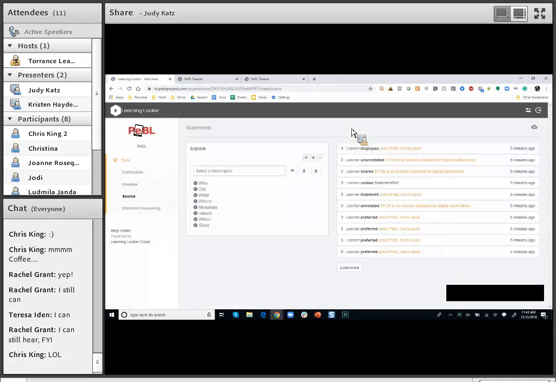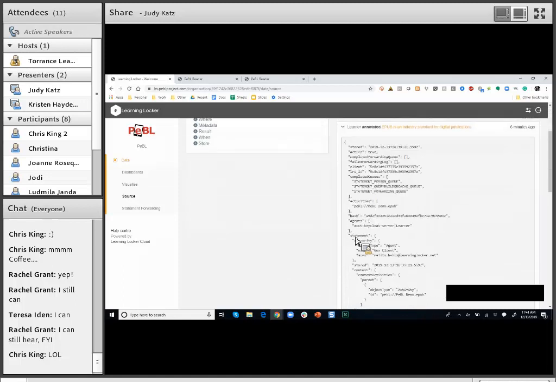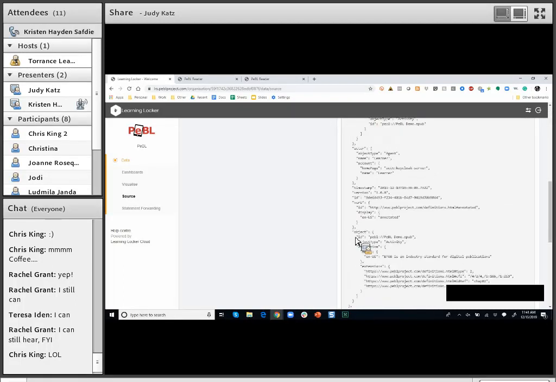So what you're seeing right now in the LRS is anything that's PeBL demo, that is the EPUB that Kristen was using. I think I'm seeing some of the old xAPI code in here because some of the renovations that we did with the xAPI weren't done until after we had pulled this code and built this PeBL book with this code. But Kristen's going to talk about the sub-project that we did also revising the xAPI that PeBL outputs. But anyway, here we are in the LRS, and you can see, for example, this annotation that Kristen made generated an xAPI statement